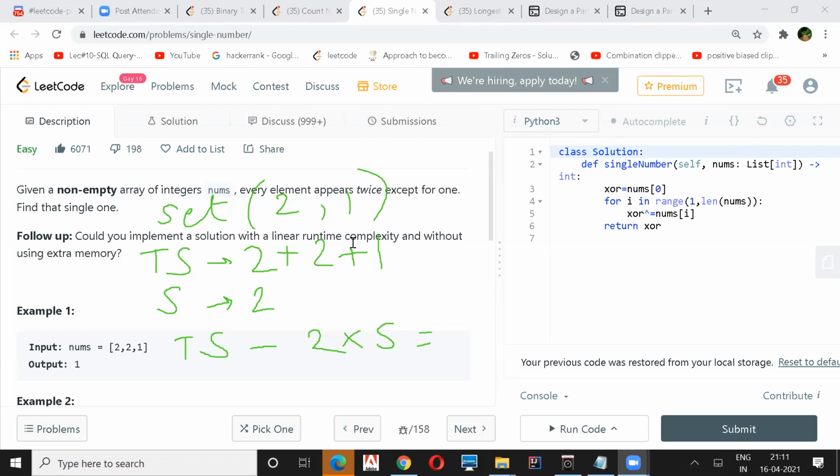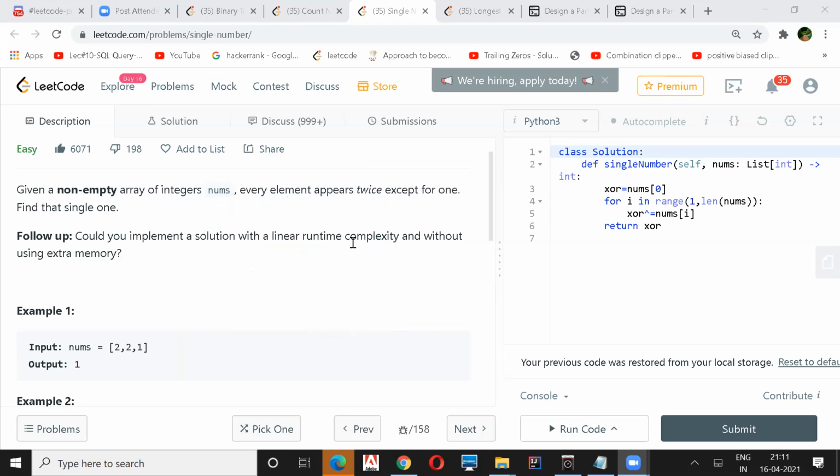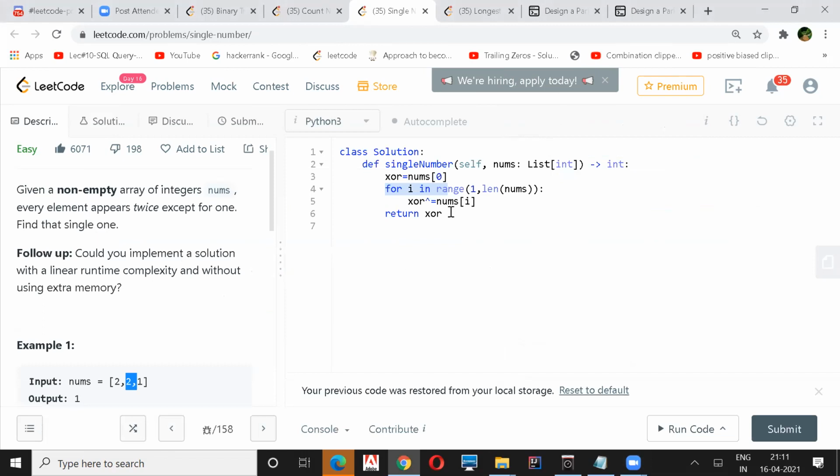Okay, but the best and easiest way would be the one you are showing here, the XOR one. Can we walk through that XOR? Yes, similar numbers will give you 0. So 2 XOR 2 will give you 0, and 0 XOR any number is the number itself. So at last we'll obtain that. I'm taking the initial XOR as this number, and now going from here to here and XORing. If I XOR, these two will be 0, and again when 1 comes, 0 XOR 1 is 1. The result will be stored in the XOR itself.